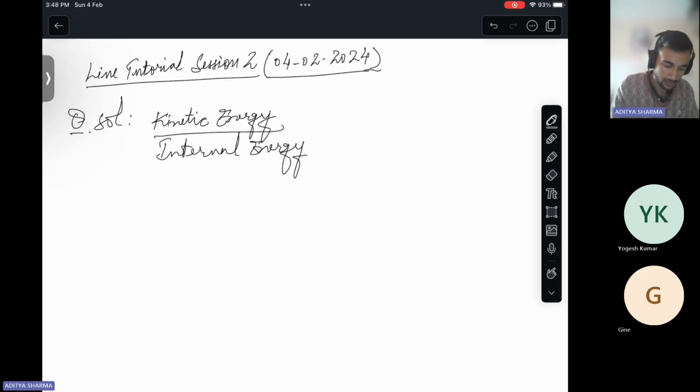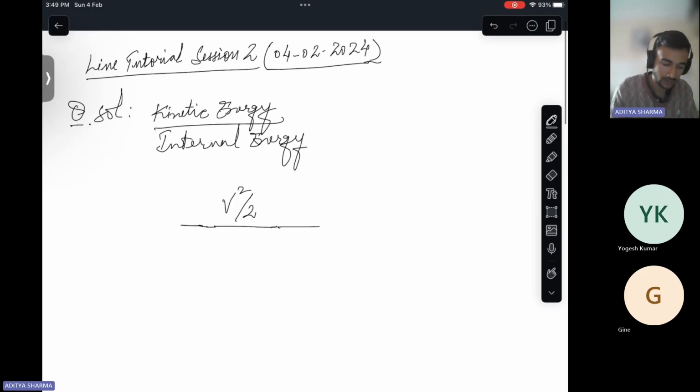Okay. So for kinetic energy per unit mass, we can write kinetic energy as V square by 2. Please let me know if you feel that there is something wrong in the mathematics. And then internal energy is nothing but CvT, where Cv is the specific heat at constant volume and T is the temperature in hand. So it becomes what? V square by 2 divided by